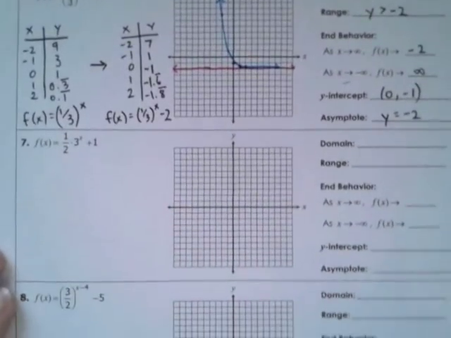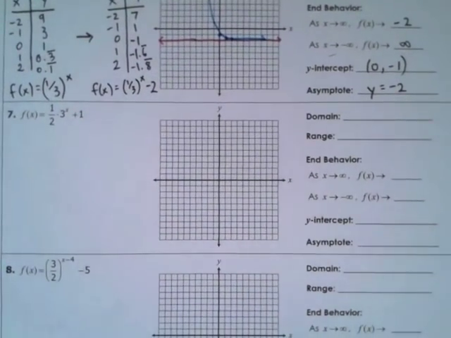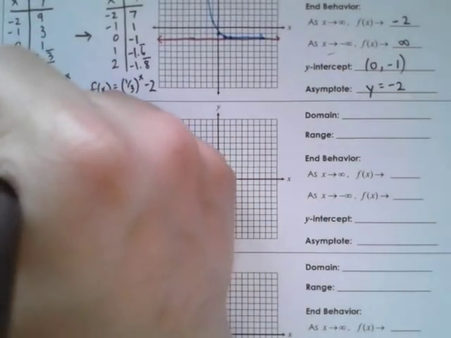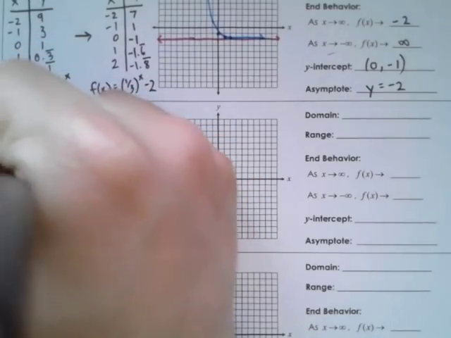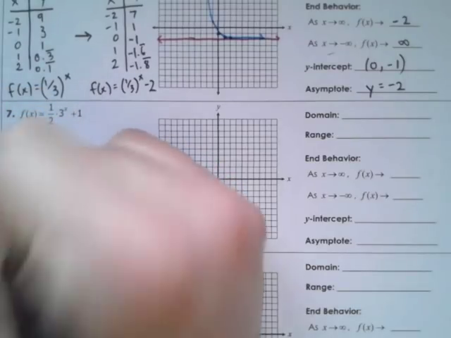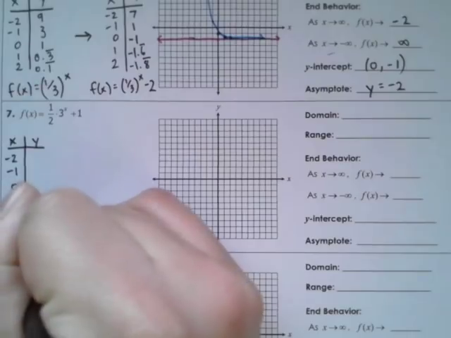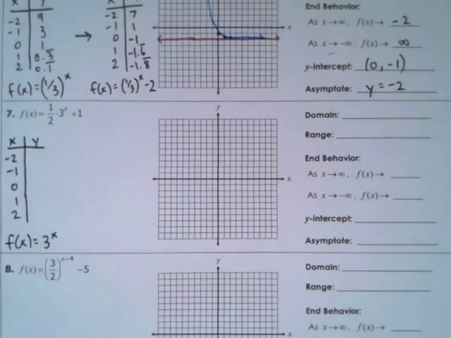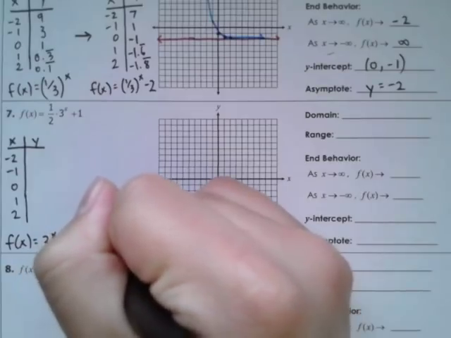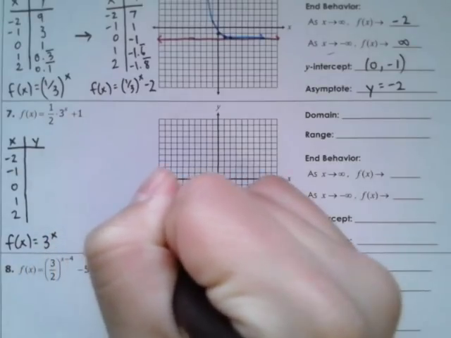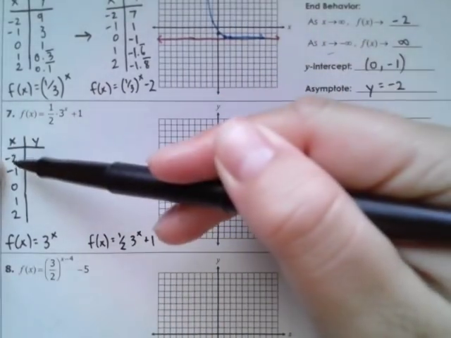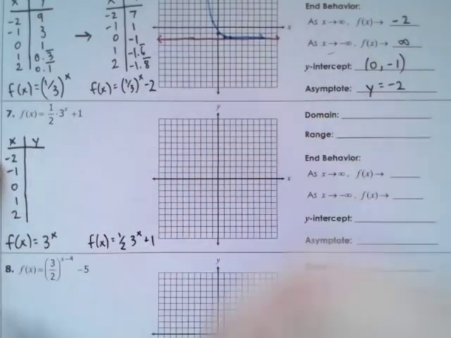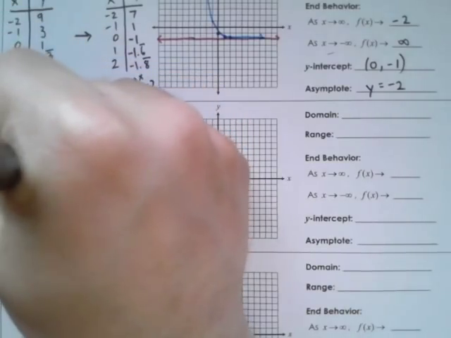Number 7, we have a new case here. Same process here. Let's create our table: -2, -1, 0, 1, 2. My parent function is f of x is equal to 3 to the x. My transform function is the same thing that's up there, 3 to the x plus 1. Now, when you evaluate this function for all these x values here, you're going to get 0.1 repeating decimal,